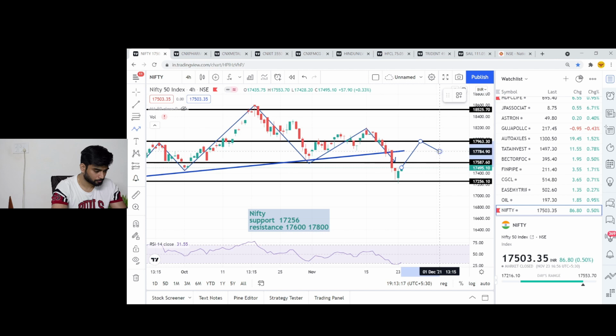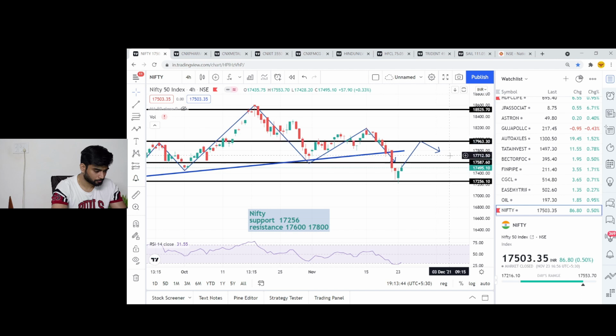As you can see, there could be a chance that Nifty can rise from here and it can test around the levels of 17,800 in the next couple of days, and the expiry of this particular month would be very much important for us, especially the bulls, because if the expiry is good, we may probably cross the 17,900 level, and above which there are chances that bulls may return strongly in the market.